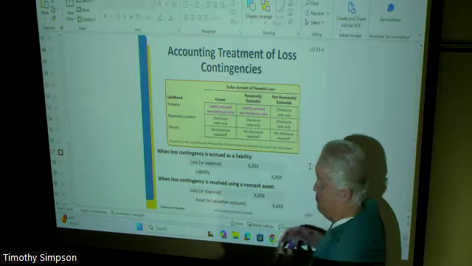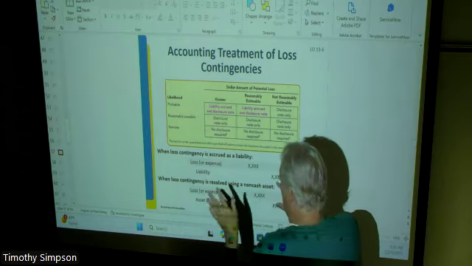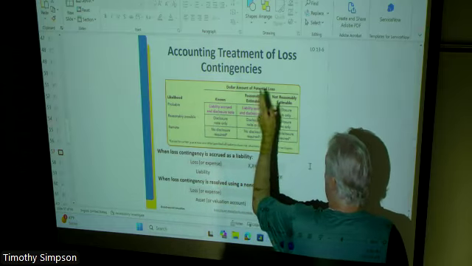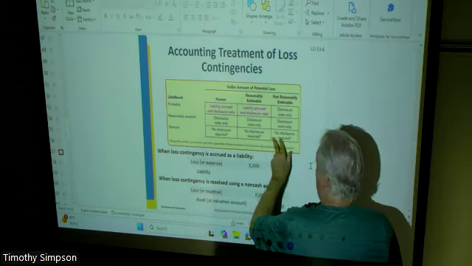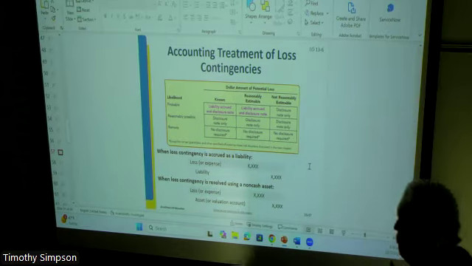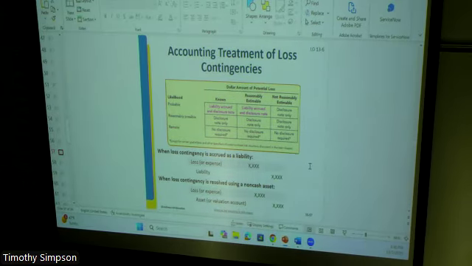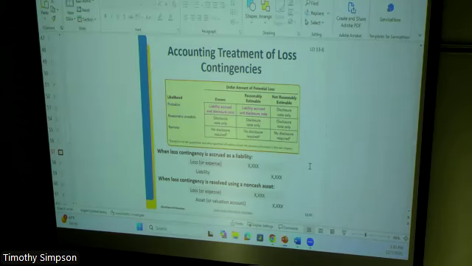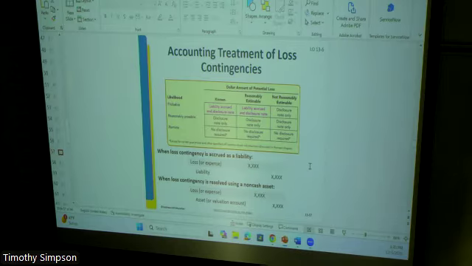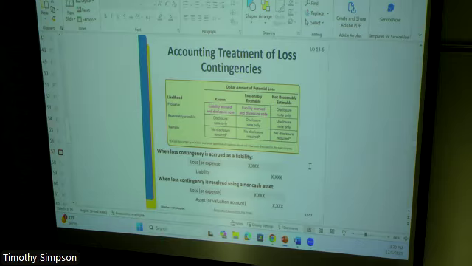recorded as a liability, if we know what they are, what the liability amount is, whether it's known, reasonably estimable, or not reasonably estimable. So if the outcome is remote, there's no disclosure required in the notes, and definitely nothing on the balance sheet to be recorded as a liability. Remember, in this chapter and throughout the last several weeks, and in the last week of the course, we're talking about the balance sheet primarily, and we're working our way through that, and we're on the right side of the balance sheet under liabilities. So in this case, if it's remote, then we're not going to record anything at all,